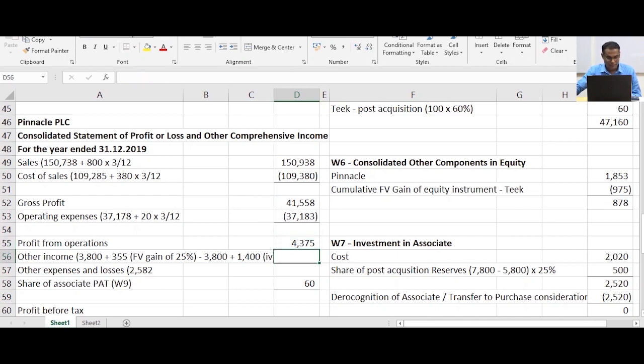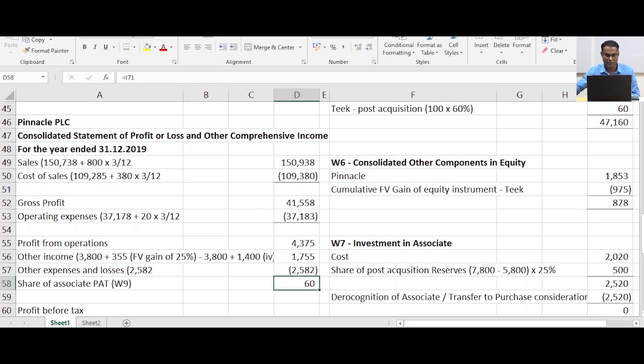Then other income is equal to 3,800 plus 355 minus 3,800 plus 1,400. How much? 1,755. Okay. Other expenses and the losses,